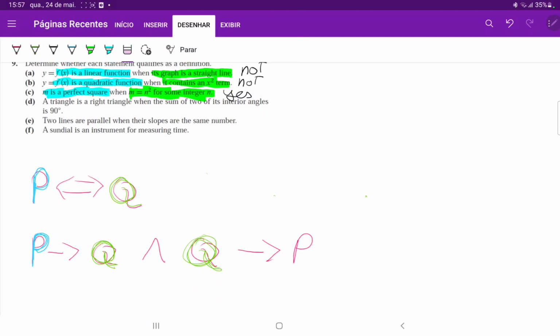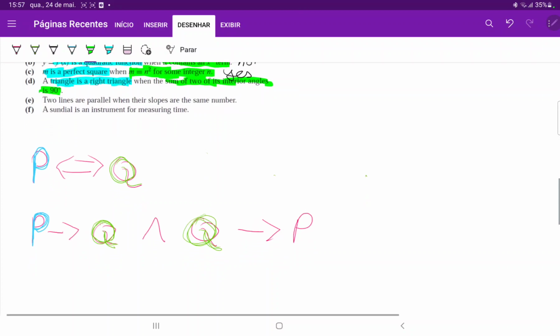So let's do D. A triangle is a right triangle, so that is our P. And our Q is the sum of its two interior angles is 90 degrees, right? So let's see. If P, then Q. If a triangle is a right triangle, then the sum of its interior angles is 90, right? And this is true. So whenever I have P where it is a right triangle, it must be the case